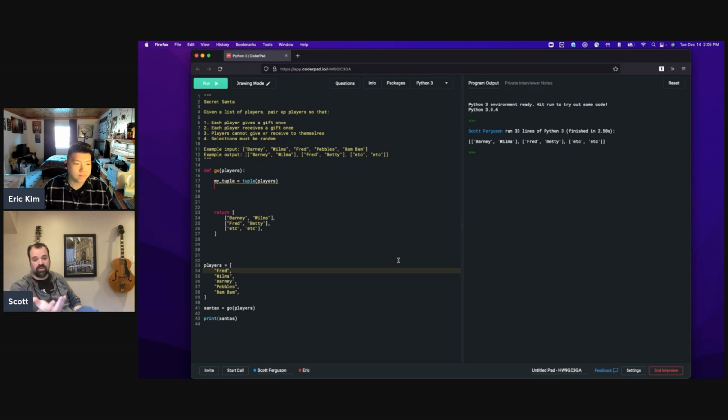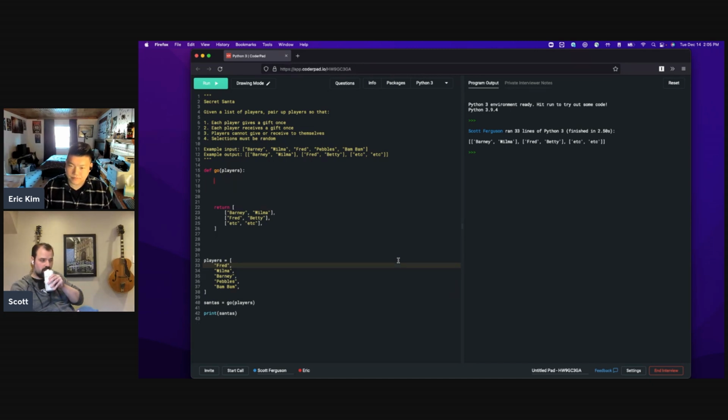do we need to worry about switching it to a tuple before we go through any iteration or anything like that, or can we work with it in place? I see. So getting the list and so we get the list of players, and we want to randomly